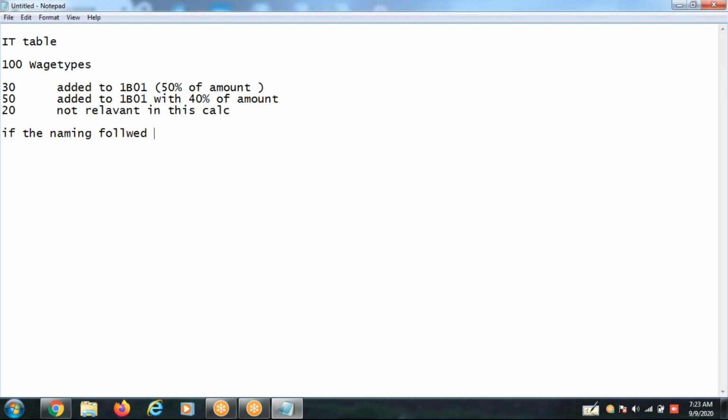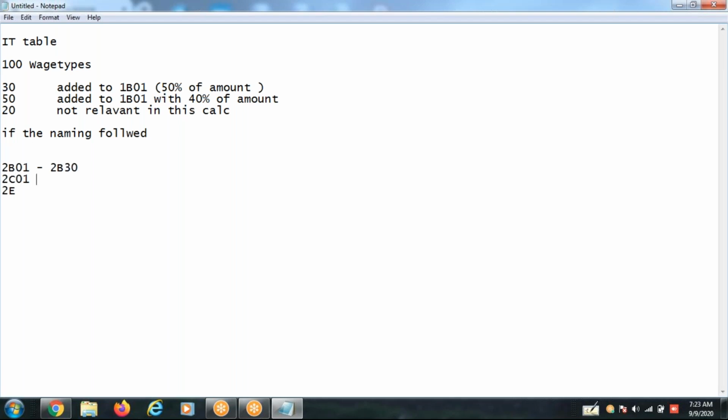Okay, but let's say there is a naming followed. All 30 wage types started with the 2B series. All 50 wage types started with the 2C series. And all other 20 wage types started with something else like 2D, 2E. So tell me, how do you write the rule? These wage types are, let's say, 2B01 to 2B30.